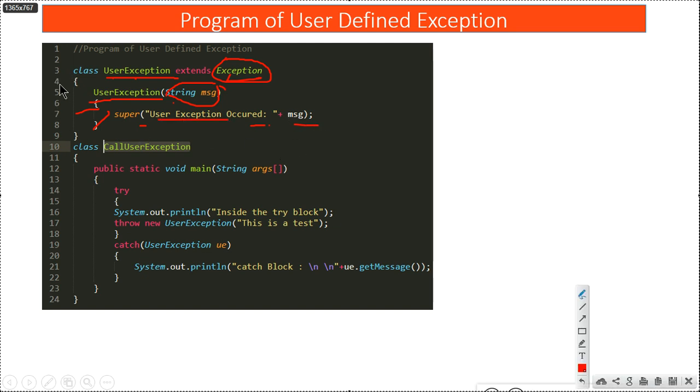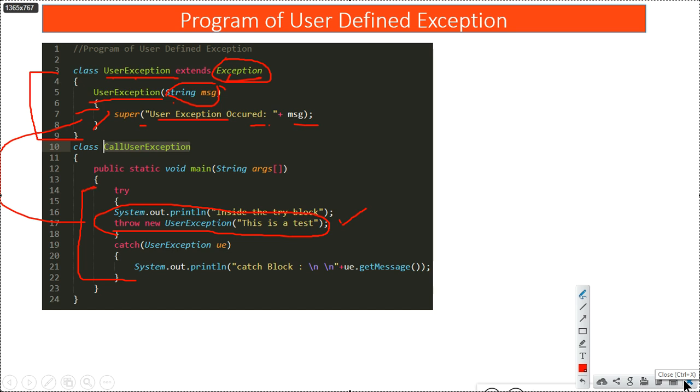So this is the user defined exception and I'm calling it here. I'm giving a message, then this throw statement will call this constructor, which further passes the error message to the exception class, and when I'm using the catch block here I'm printing that message using this object of UE.